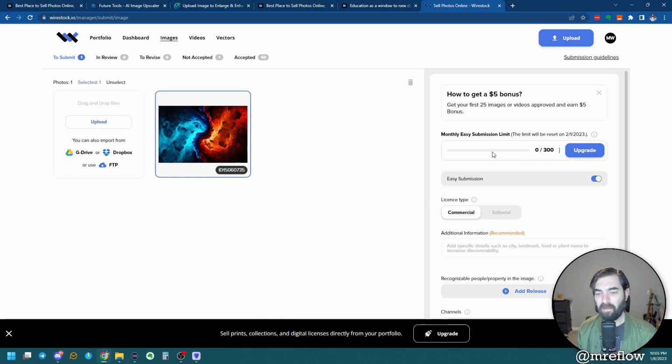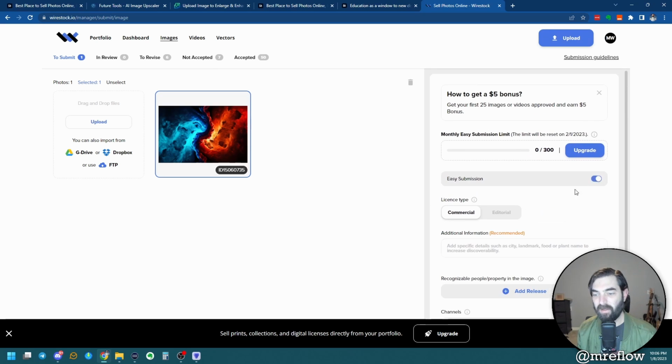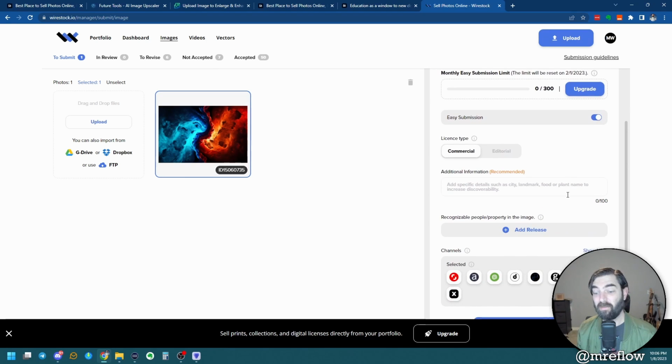So let's go ahead and select this one. See, it's got this easy submission. If I turn this off, I can title it and give it categories and descriptions. If I turn this on, they will just go ahead and do all of that for me. I don't need to add a release. I don't need to do anything with it. So just turn on easy submission,